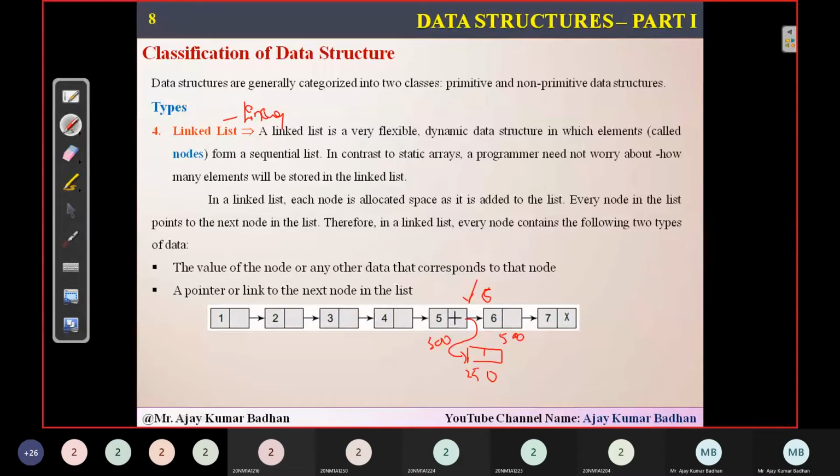Initially we had an address 500 here. Now I'm inserting a block in between, which will consist of value 8. Simply, this address will be replaced. So here you will replace this with 250 rather than 500, and here you will write 500. Now this will be pointing here. This is the way: in between, a block comes up like this. This will be pointing to this, and this will be pointing to this particular address. This is exactly how it works.